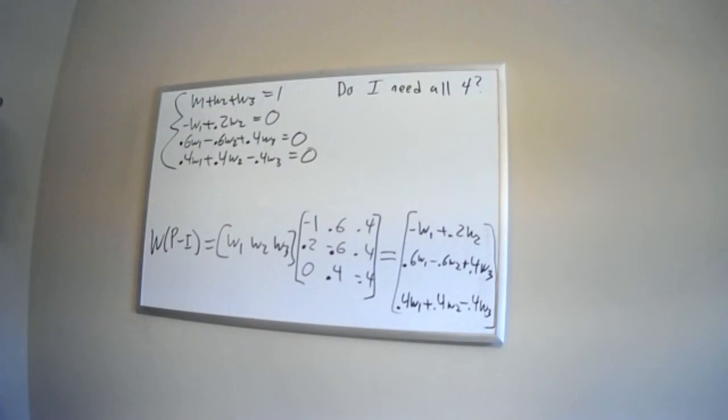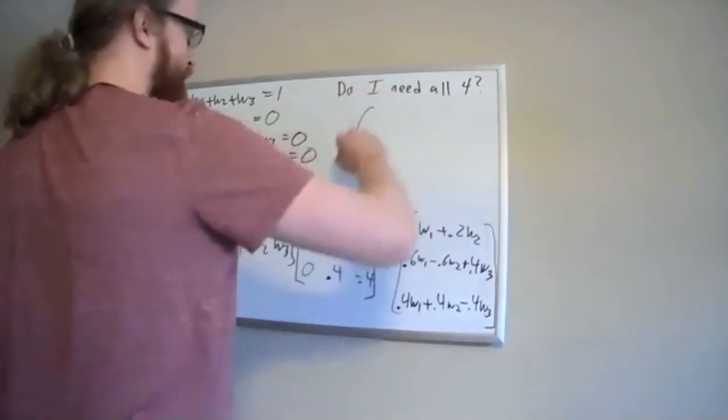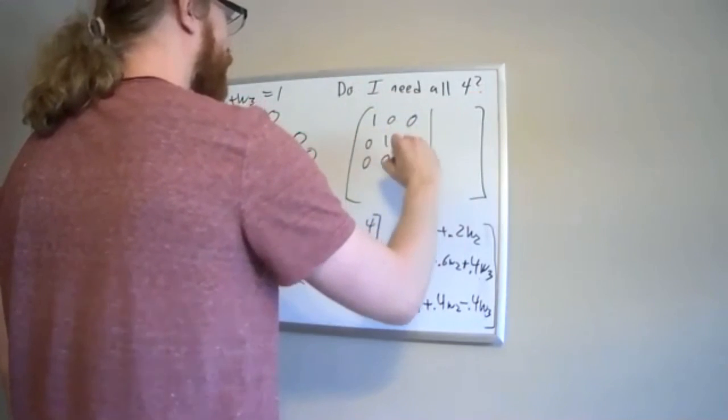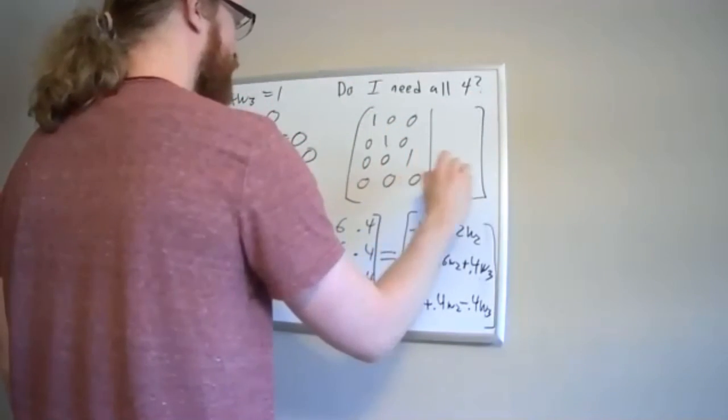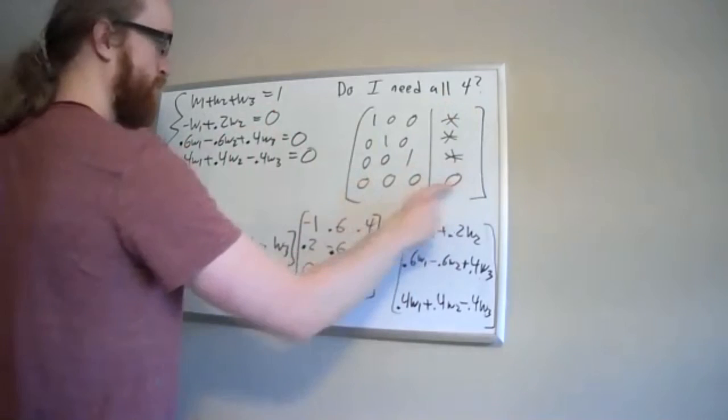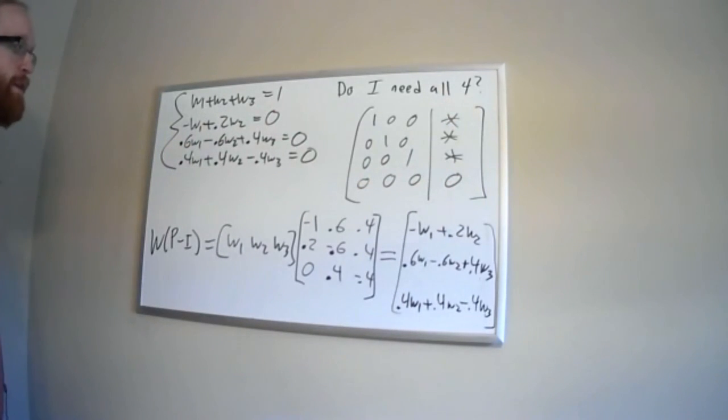I only have 3 variables. But on the other hand, I have 4 equations. So I have more equations than I do variables. If I was thinking of this as a matrix, I would have 4 rows and 3 columns to the left of the vertical bar. And so if I'm going to end up being able to reduce this matrix, which I am going to be able to, then it's going to have to end up looking like this. I'm going to be able to solve this and find the W's. It's going to have to end up looking like this, and then there's some stuff over here. I don't know. But I'm going to end up with a row of zeros, always. If I could solve these, which